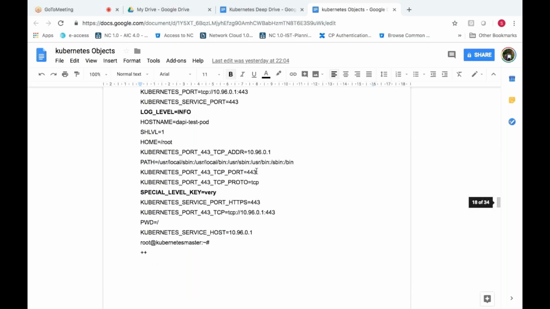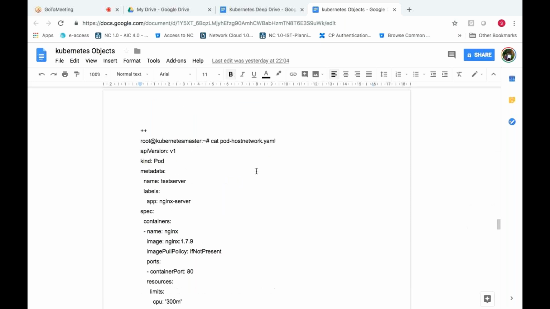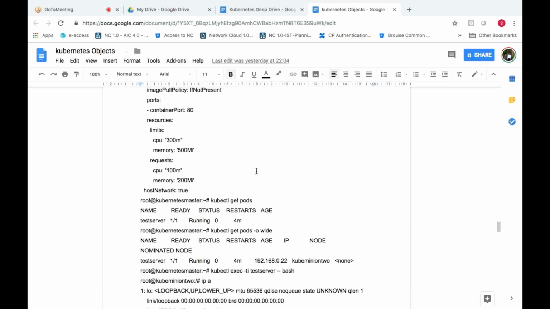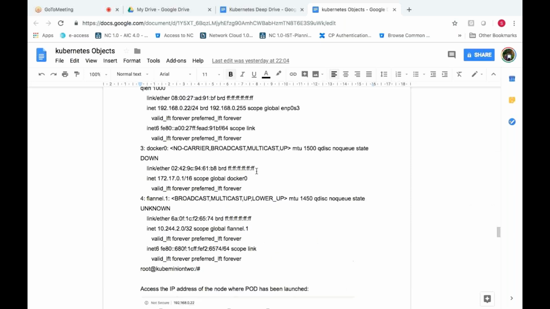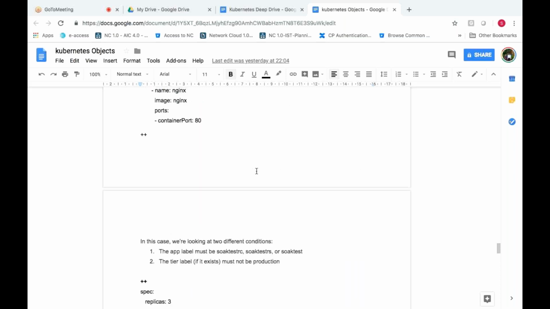Replication we have seen. Replication set we have seen. Deployment we have seen.